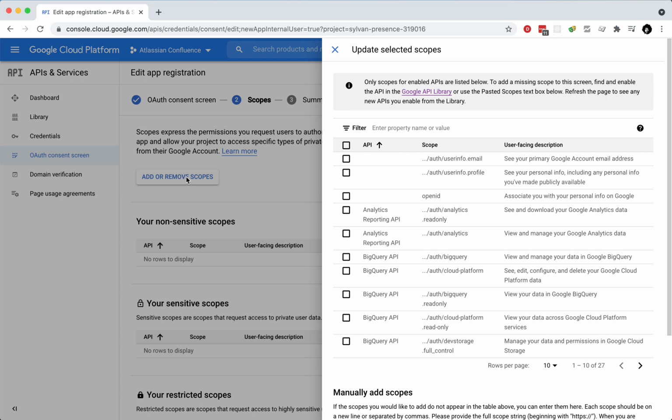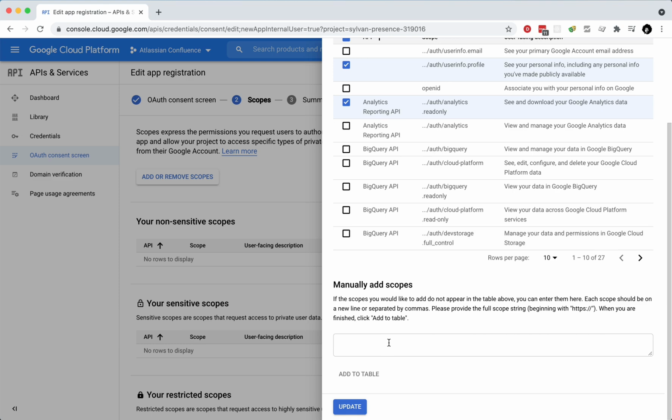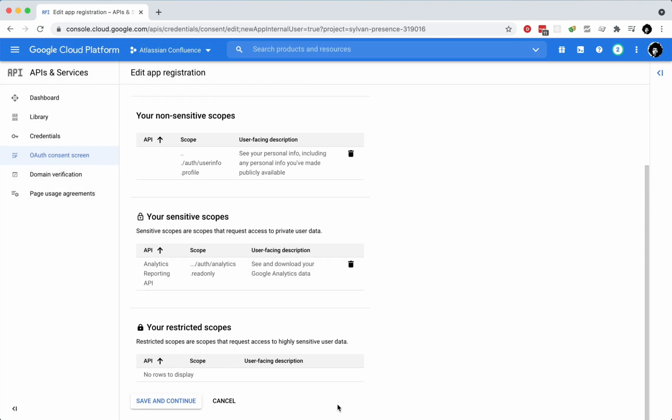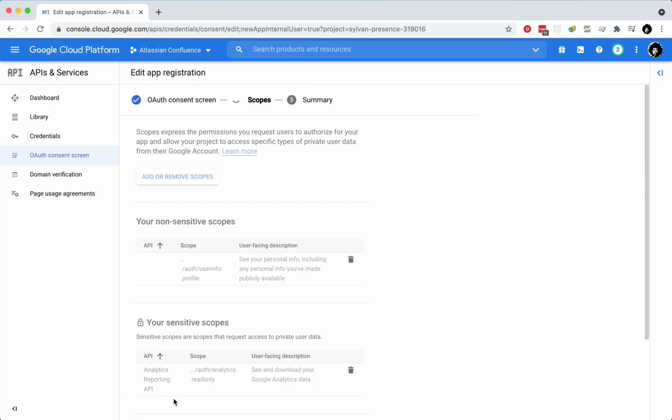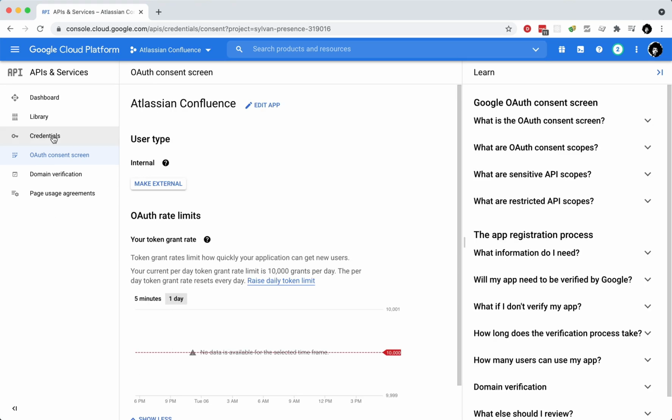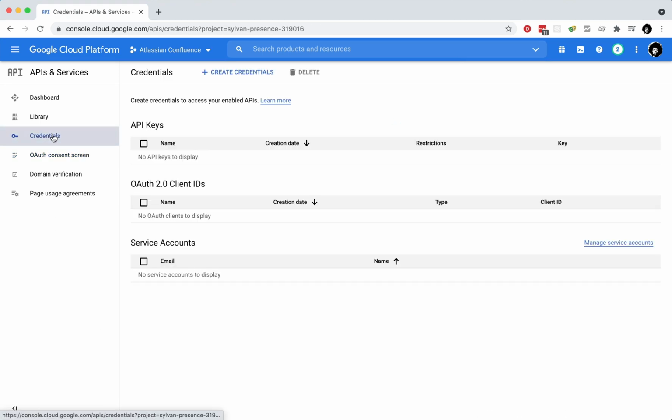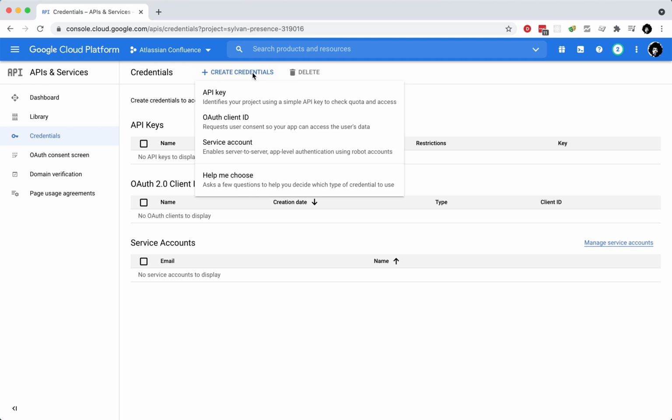Click on Add or Remove Scopes and select the Analytics.ReadOnly scope for the Analytics Reporting API and the UserInfo.Profile scope. Scroll down and click the Update button. Scroll down once more and click the Save and Continue button. Select Credentials from the left-hand menu and click on the Create Credentials button and select OAuth Client ID from the